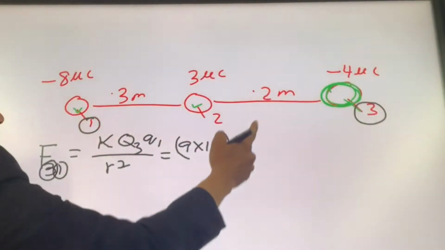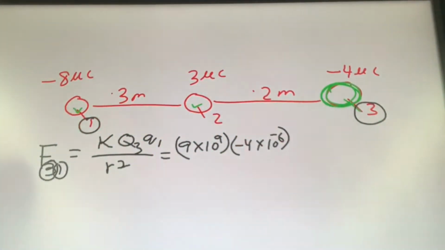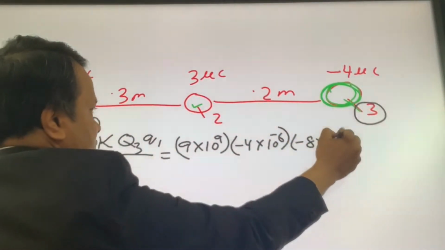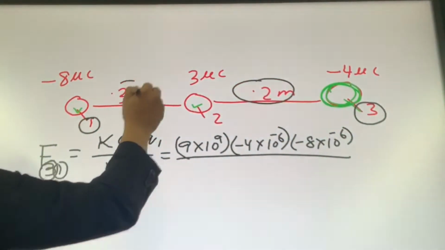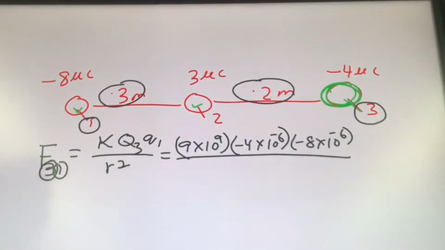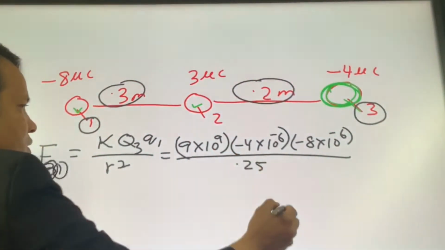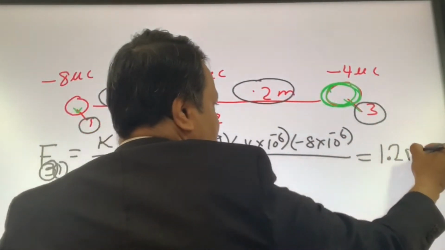Q3 is, of course, 4 times 10 raised to -6. And Q1 is -8 times 10 raised to -6. Everything divided by 0.2 plus 0.3, that's 0.5. 0.5 squared is 0.25. So this is going to give you 1.2 Newton, which is